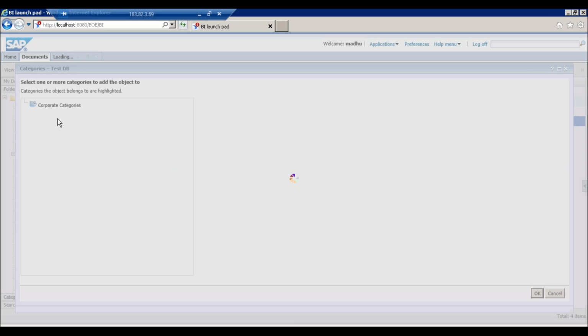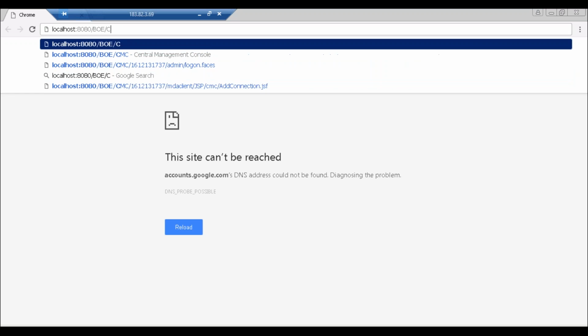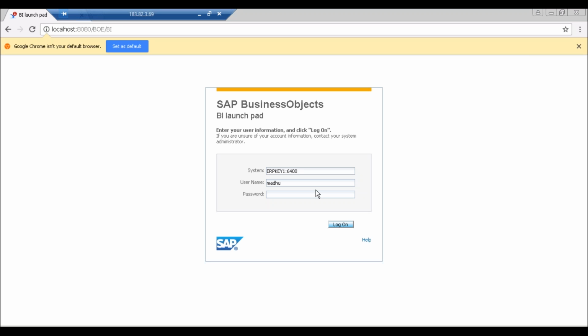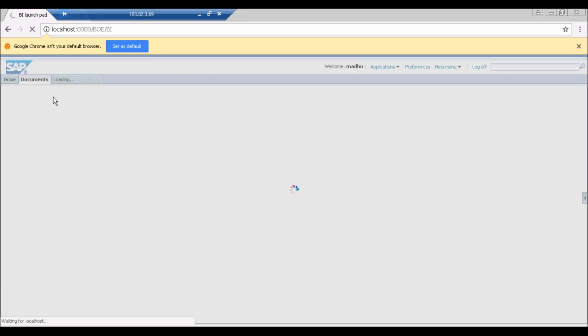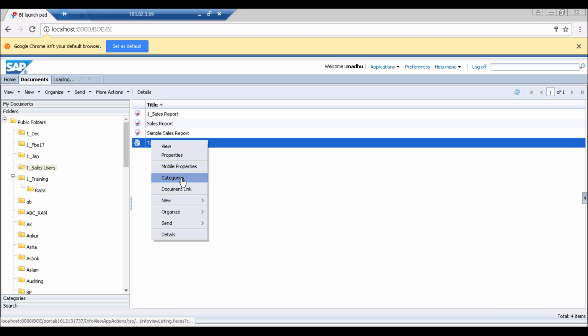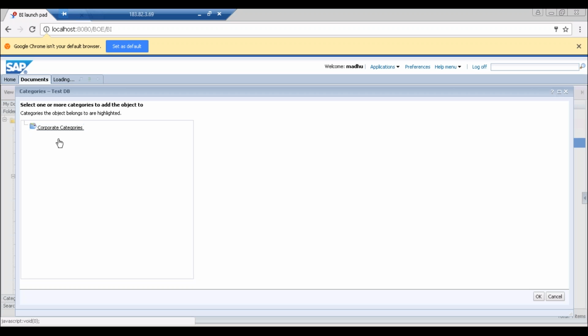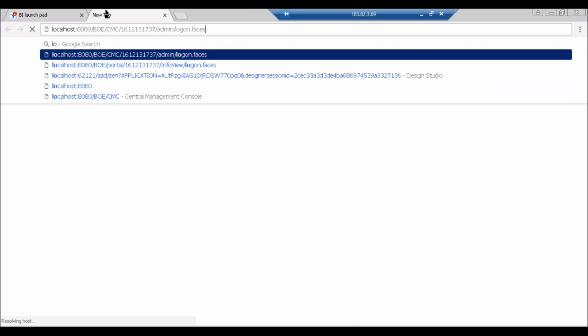Okay, they have not created the mobile category. So first you create a mobile category.